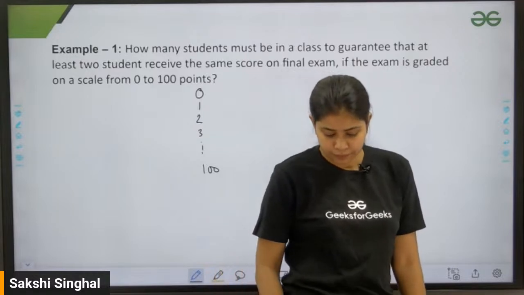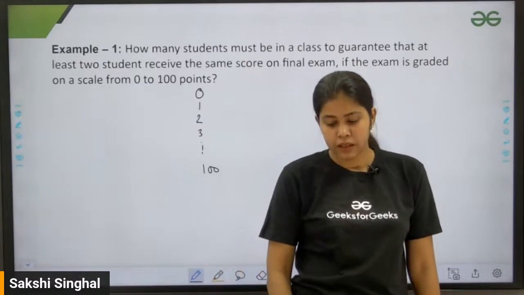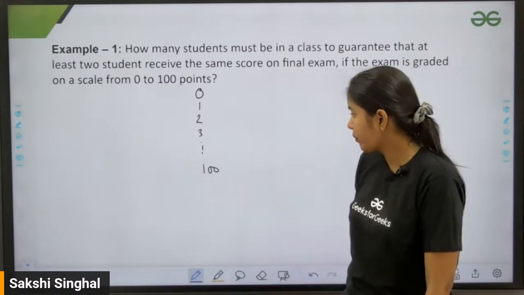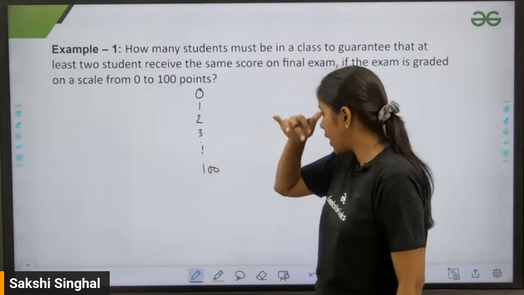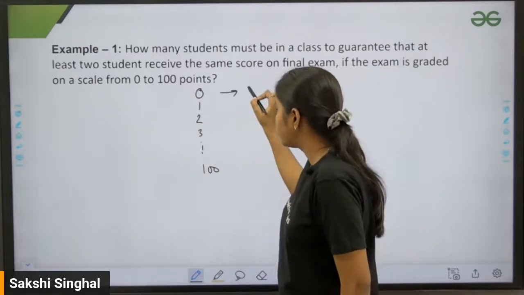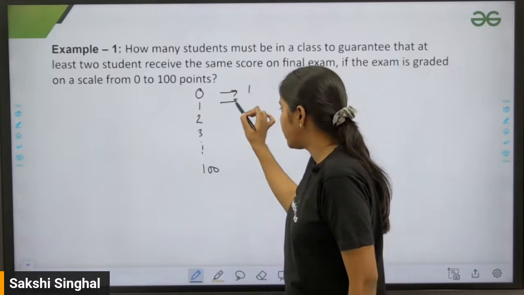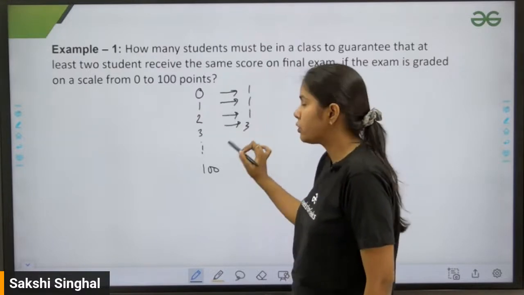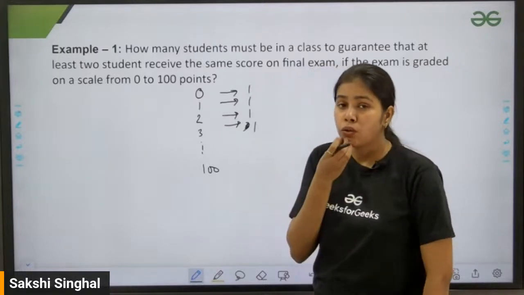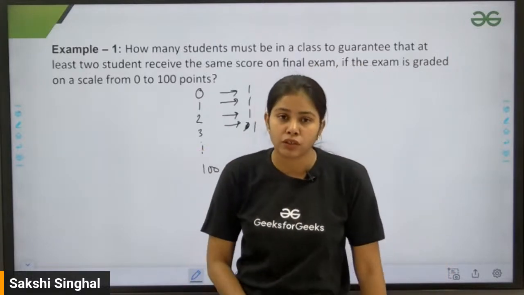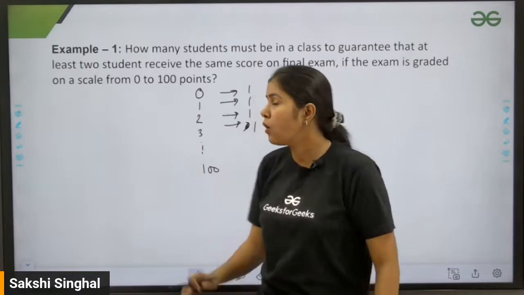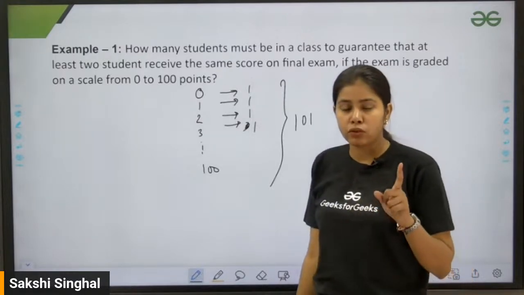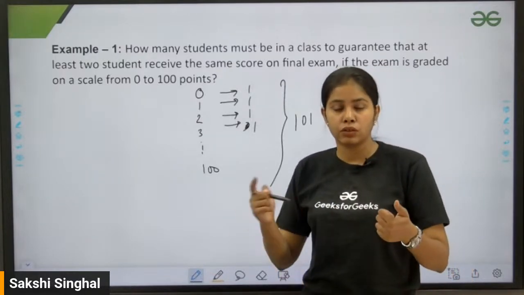Any idea? Just try this once, guys. See, because we have how many options? One student can get 0 marks, one student can get 1 mark, one student gets 2 marks, one student gets 3 marks, right? So if I give different marks to each of the students, then how many students do I have? I have 101 students. If I have 101 students, then I cannot guarantee that at least one student gets 2